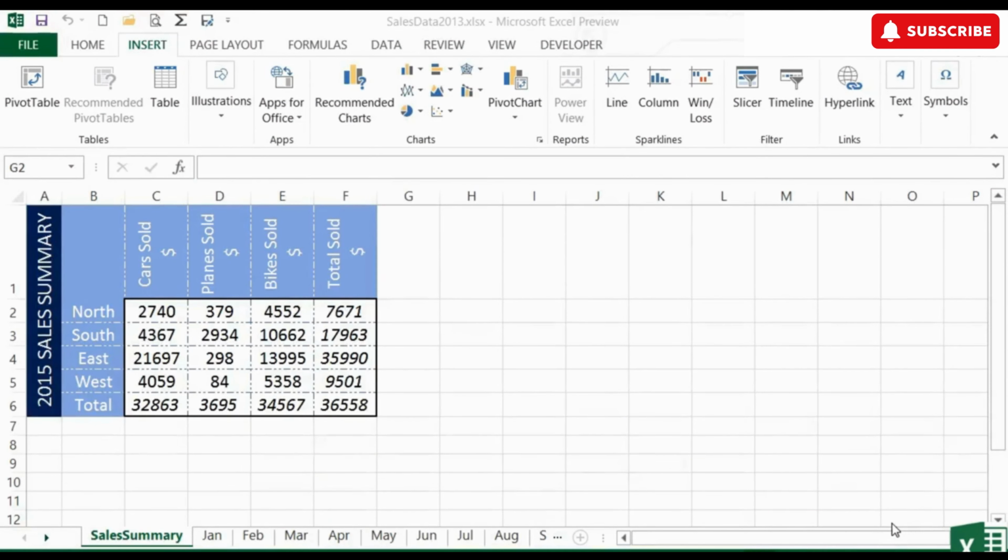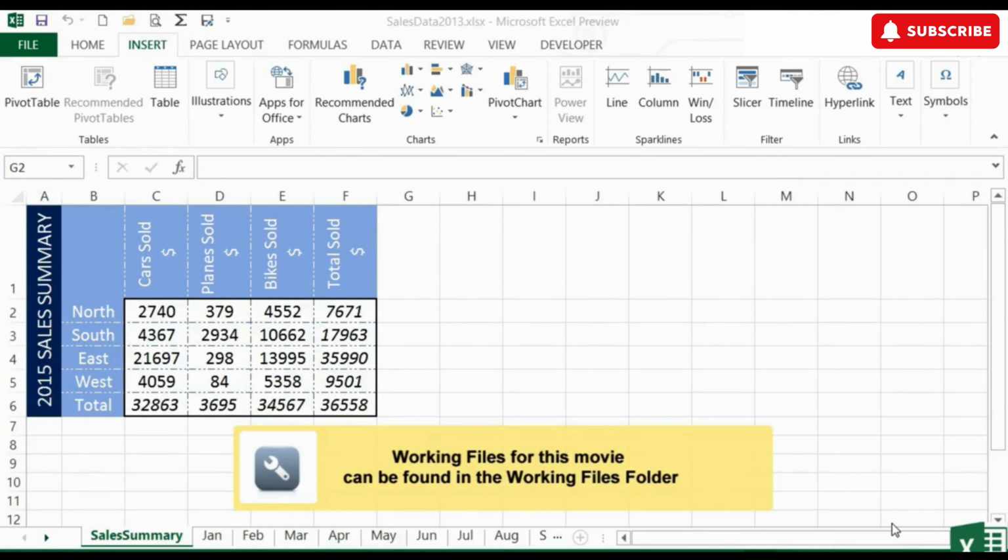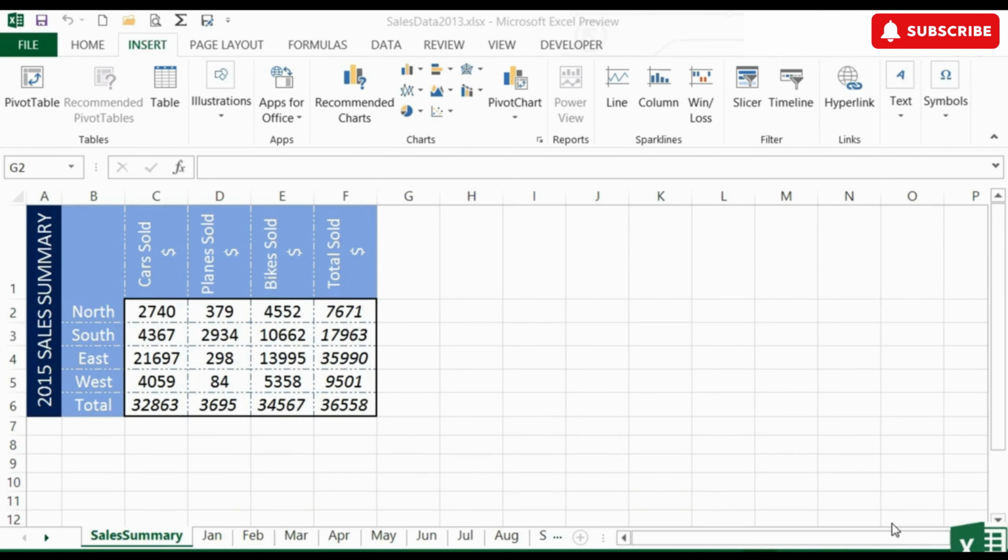An alternative to charts and graphs was given with the introduction of Sparklines. A sparkline is a mini graph that will display in a single cell based on the values in some other cells, and those cells could be elsewhere in Excel. If we take our sales data 2013, we could place a little mini graph here that effectively graphs our sales for the north, the south, the east and the west, so a little sparkline at the end of each of